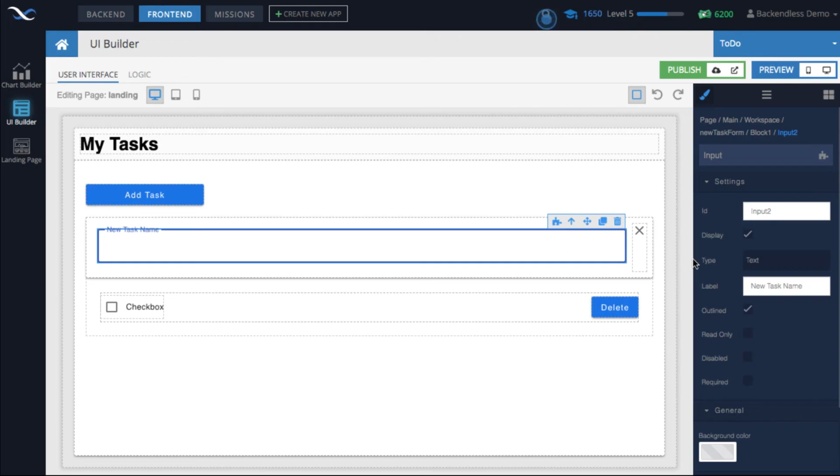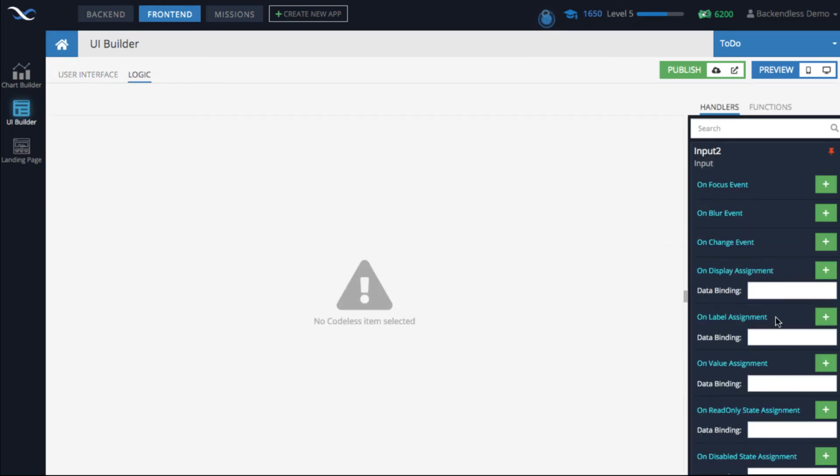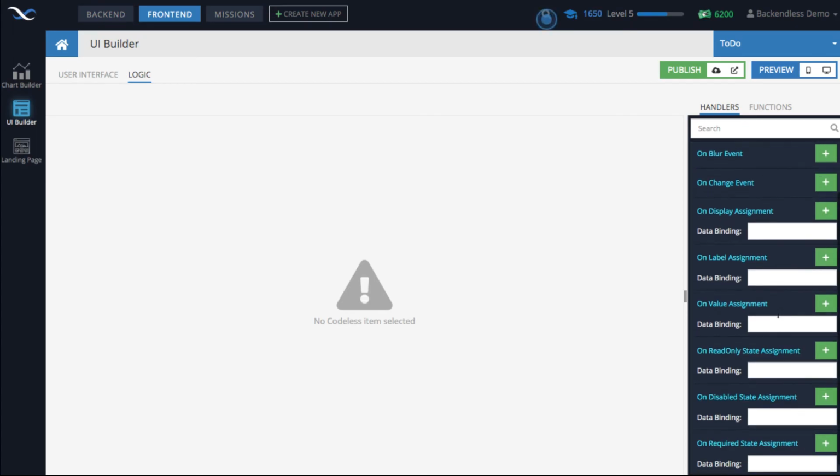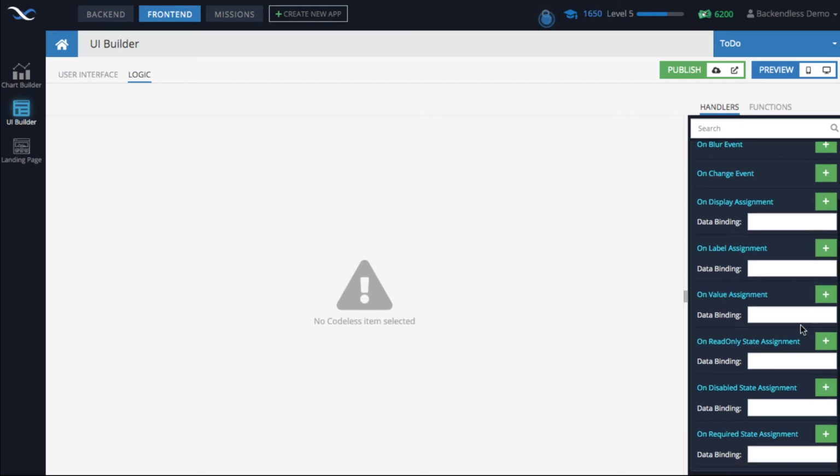So I selected this input, and if I go to Codeless, there is going to be data binding on the value. Okay, and the data binding on the value is a very important thing, because what happens here is whenever form is submitted, whatever the value is in that input, it needs to go into the form model, essentially the object that represents values from individual components.